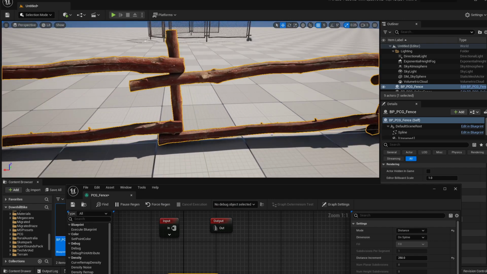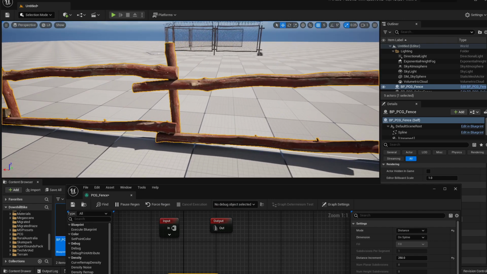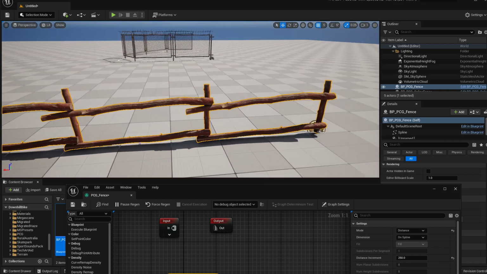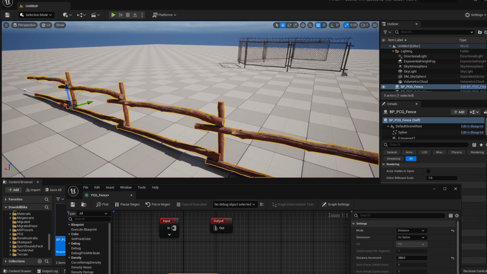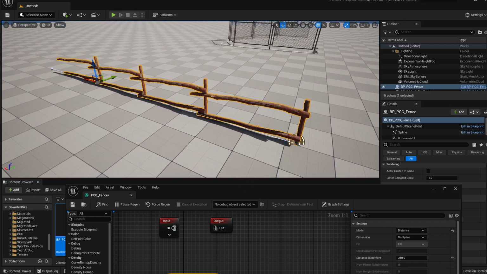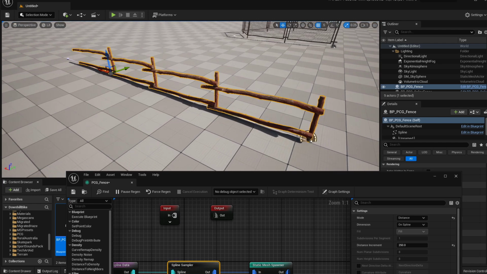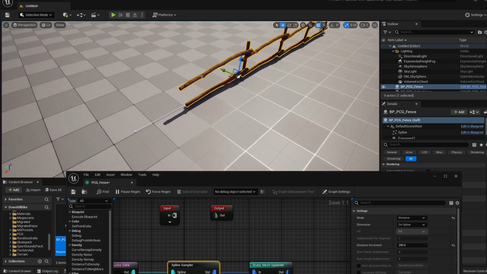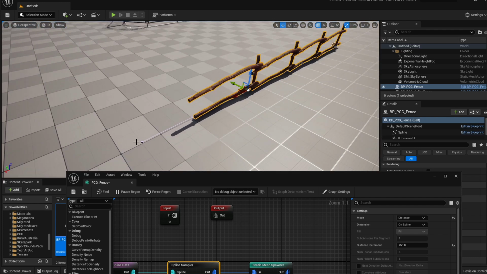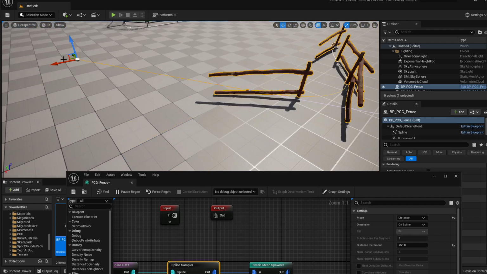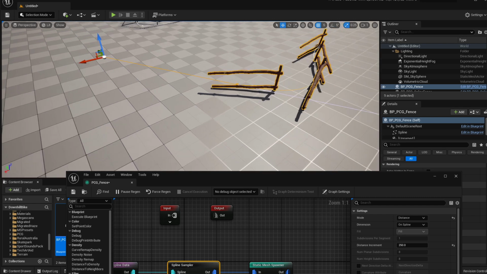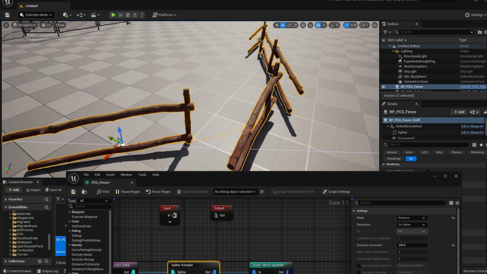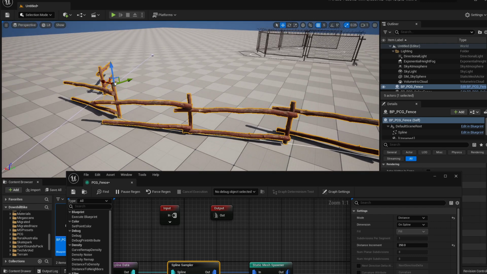Because if we do it with bigger distance, the bottom board will not reach the next post. So 250 seems fine to me. And it looks pretty okay if you're drawing a straight line. But if you make your curve at an angle, you can quickly see that these fences are no longer attached